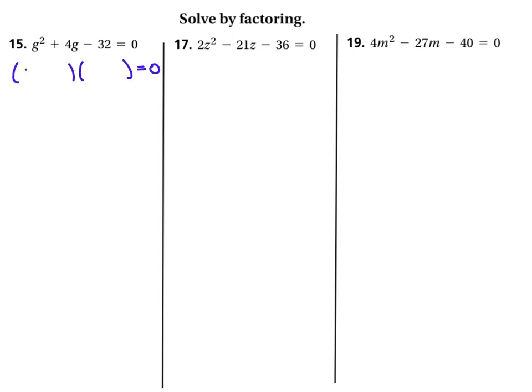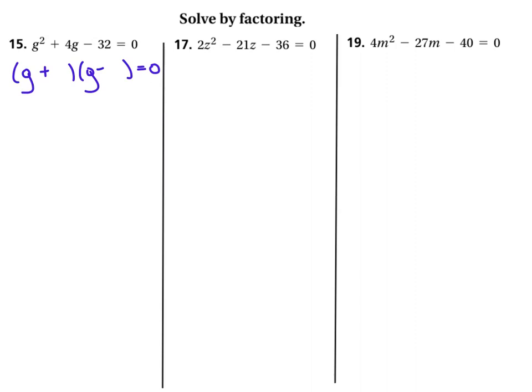Okay, so I know that we've got g and g because we've got a g squared there. So the only way that we get g squared here is with the g and a g. We've got a negative number here, which means we have one of each sign. So we're going to have a plus and a minus. Okay? And what I'm then looking for, and I'm going to write it down below for a minute and then I'll erase it,